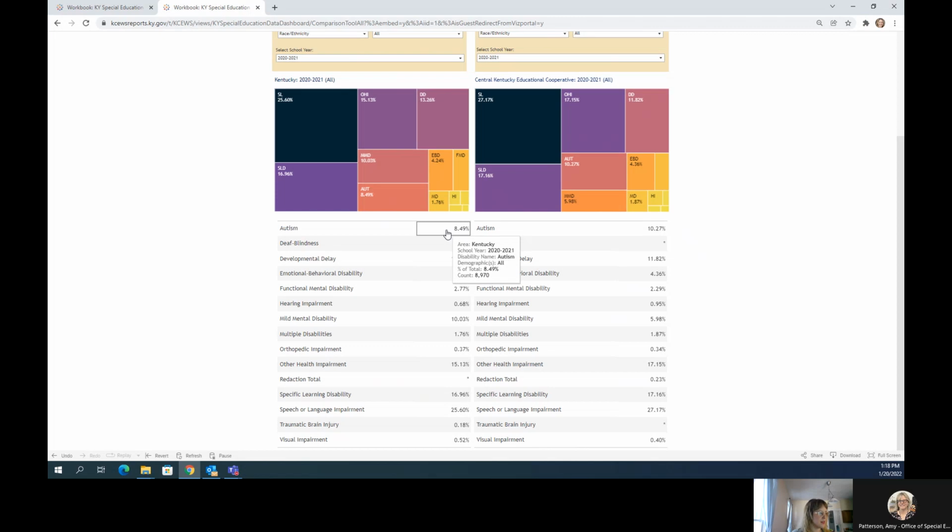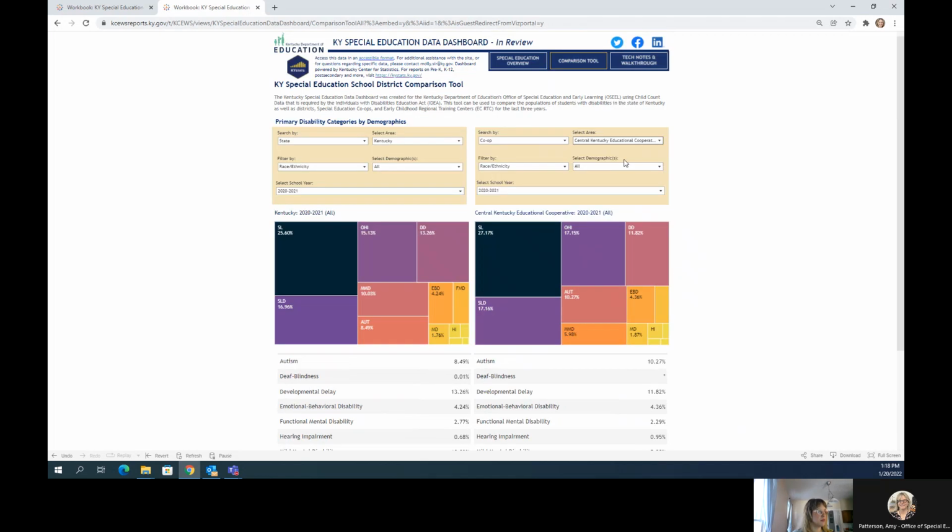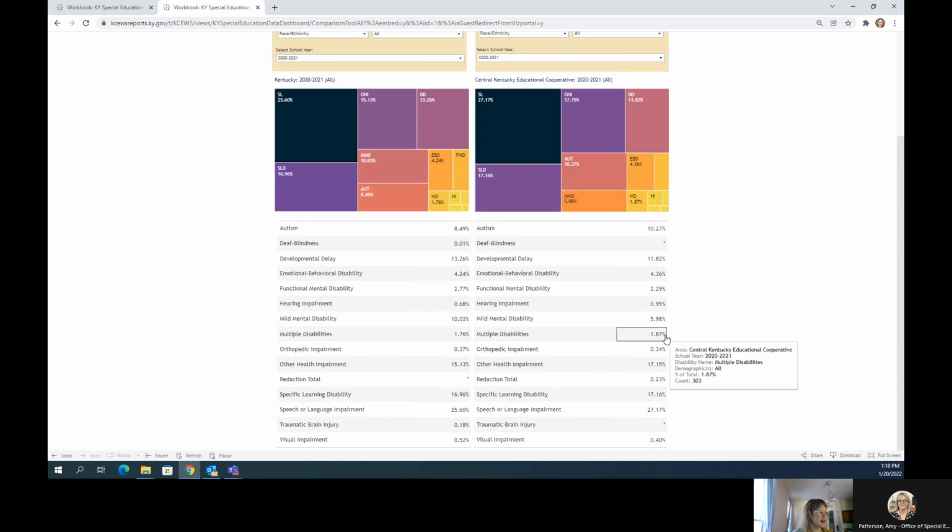disabilities in Kentucky. Once again, redaction we take very seriously to protect student privacy. And because this is a smaller group of students, we redacted the groups deafblindness and traumatic brain injury for this particular cooperative. We want to make sure that students' information is kept private, and if you have any additional questions, I'm happy